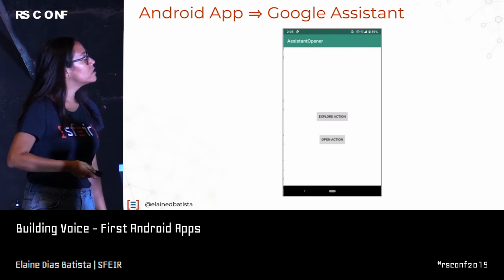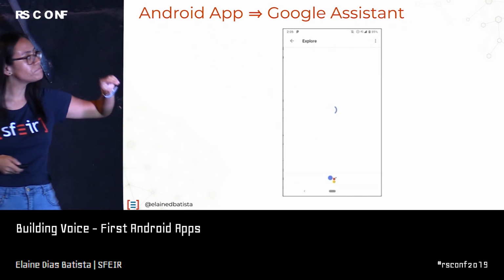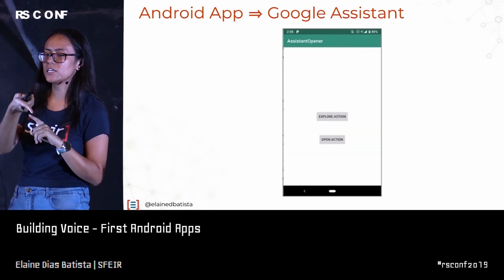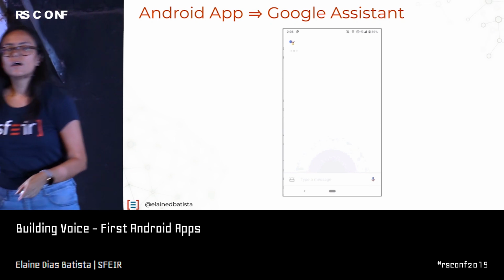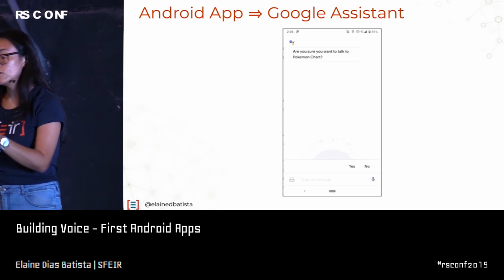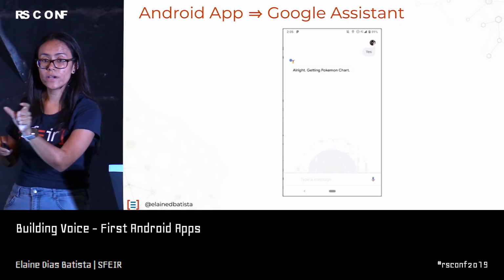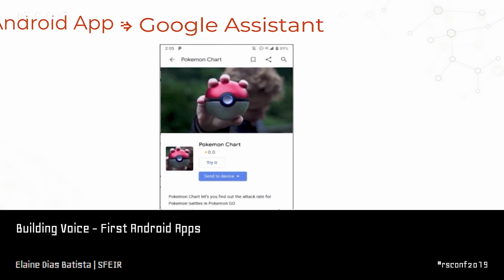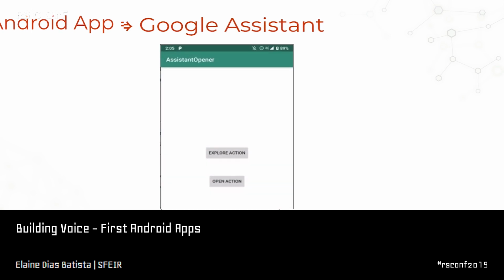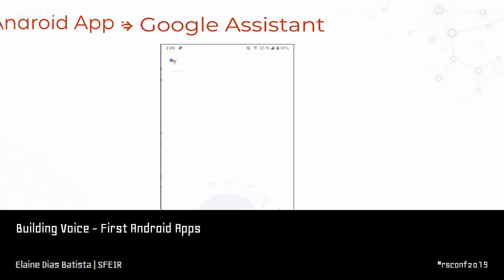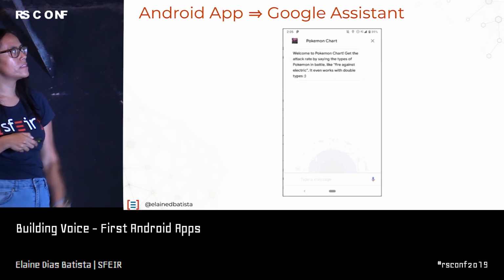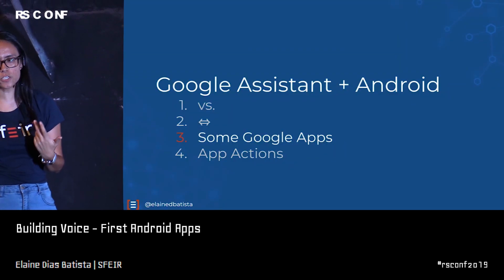And then the other way around, so this is an Android app, and I can direct the users from inside an Android app to the Google Assistant side. This is thanks to, again, a URL, only a link that is provided by Google for all actions that redirects the users directly to their action on Google Assistant. So you can see there are two links. One, the Explore action, which is basically going to the directory where you have more details. And then the Open action that will open your action. So yeah, this is pretty cool, but it's not that